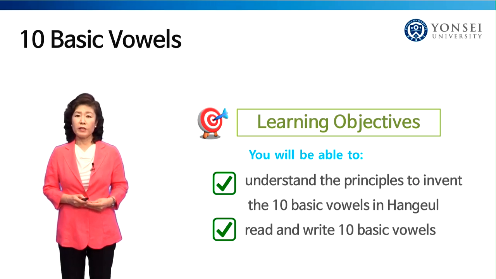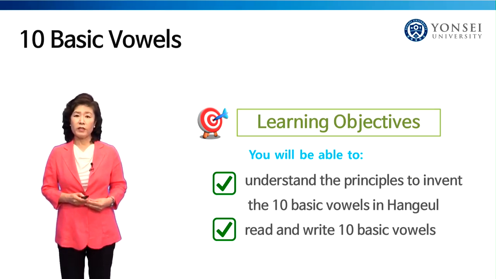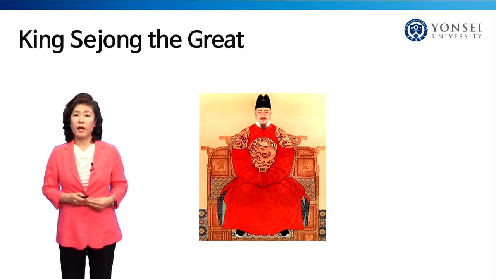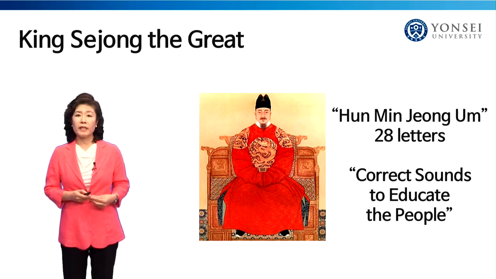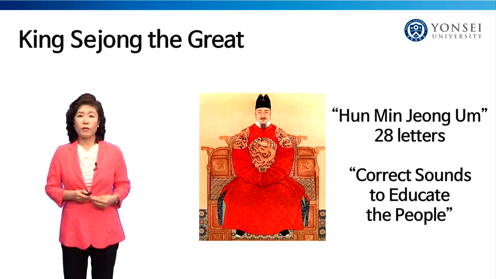First, we will learn the 10 basic vowels in Hangul. Once you complete this unit, you will be able to understand the principles used to invent the 10 basic vowels in Hangul and to read and write letters made up of these vowels. Hangul, the Korean alphabet, was invented by King Sejong the Great in the 15th century. Do you know how many basic letters there are in Hangul? Well, in King Sejong's time, when Hangul was created, there were 28. This collection of 28 was given the name